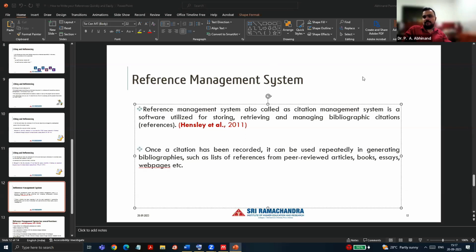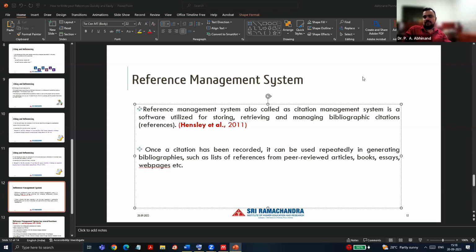So when you are changing the referencing style from one journal format to another journal format, you have to change the referencing style completely, and that might take several hours to do manually. But if you are using the referencing software, changing from one referencing style to another referencing style takes barely 5 to 6 minutes to achieve, and it's very, very doable. It's very easy. So these are the two major reasons.